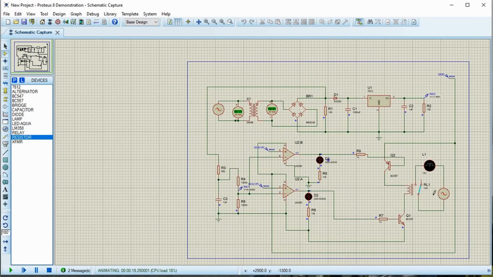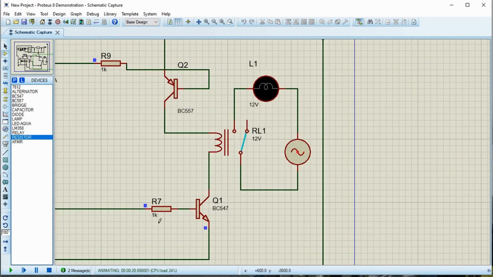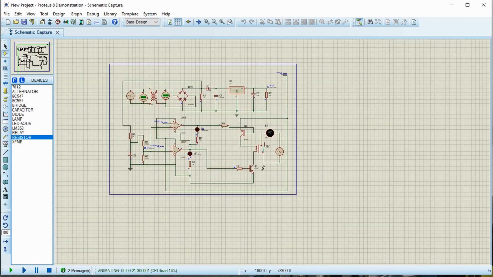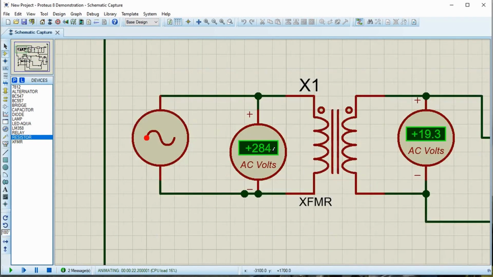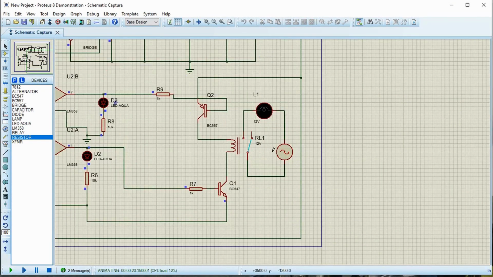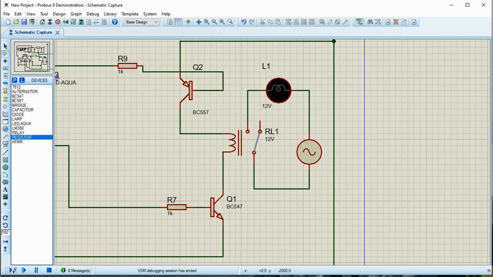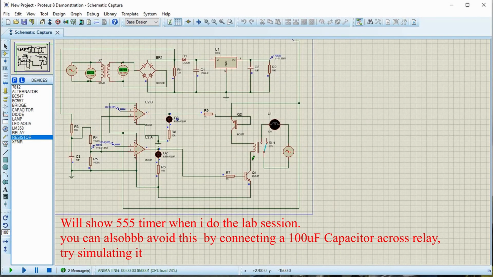The second one is, if you notice this, now it is off because it is greater than 260 volts. But see what happens at the transient. It turns on for a second, then turns off. This should not happen, so you have to use a timer. You can use a 555 timer, so that once you get a proper signal, only after 5 seconds or so you turn on the relay. You should not immediately turn on the relay.